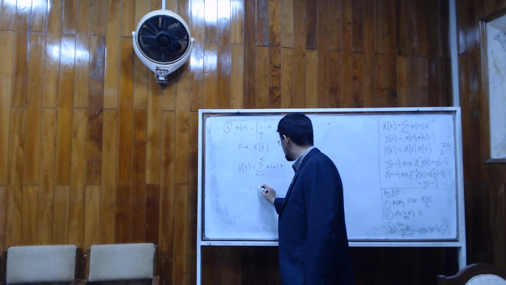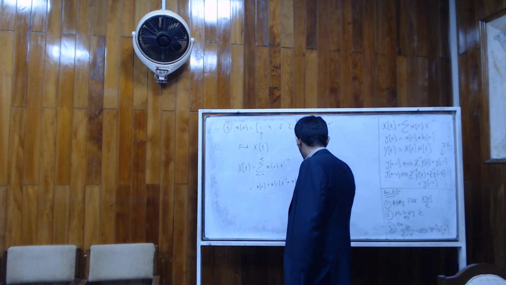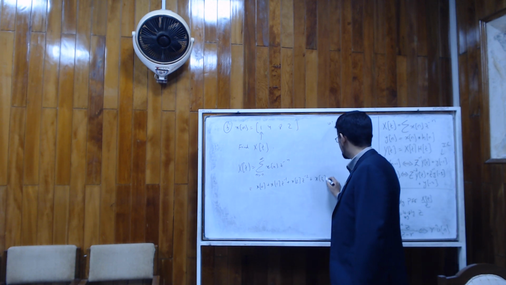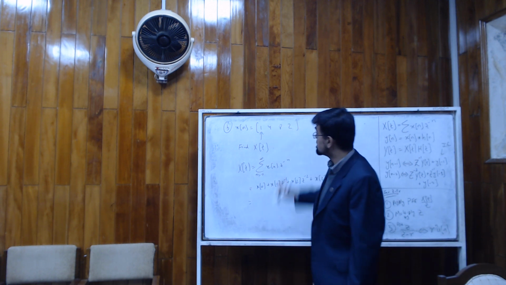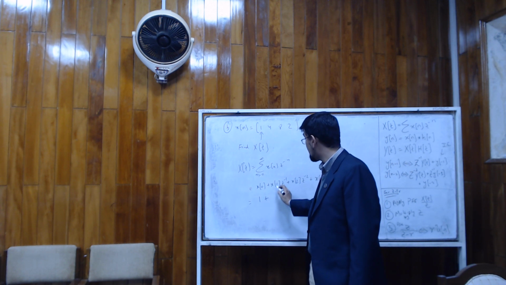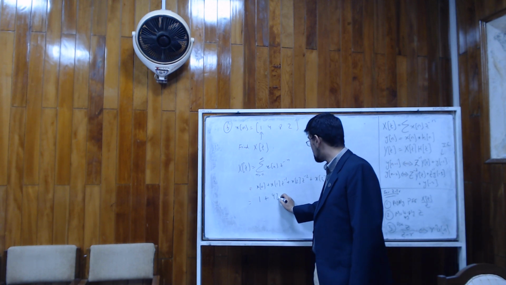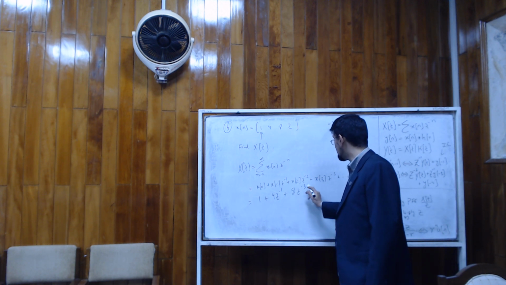That means it is x0 plus x1 z^-1 plus x2 z^-2 plus x3 z^-3 and so on. In our case, x0 is 1, x1 is 4, x2 is 8, x3 is